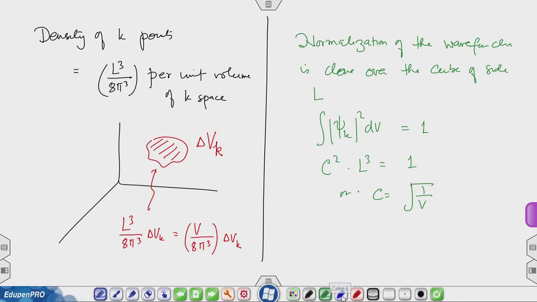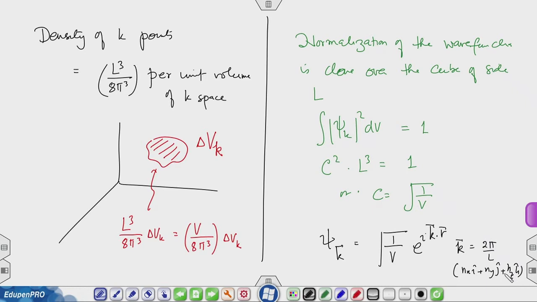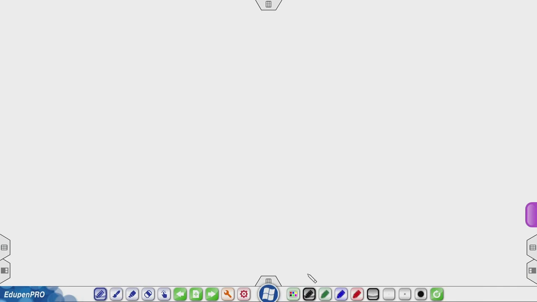So, the wave function for free electrons in 3 dimensions is going to be psi k equals square root of 1 over V e raised to i k dot r, where k is equal to 2 pi over L times n x i plus n y j plus n z k. So, we have now defined the wave function for free electrons in 3 dimensions,